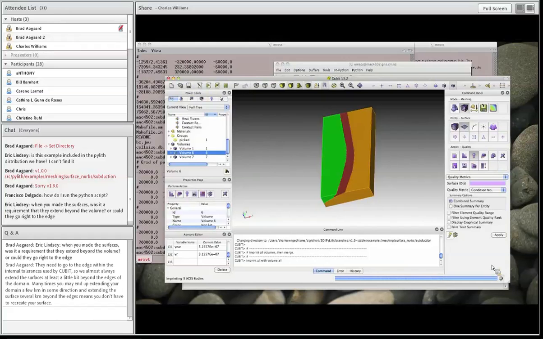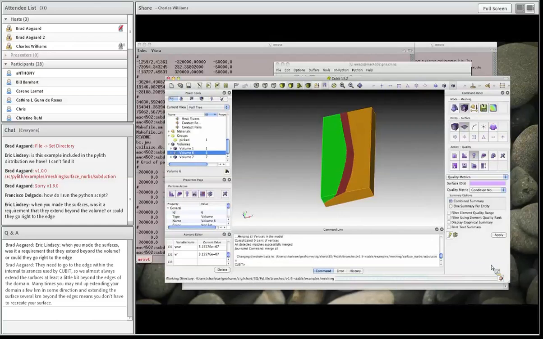Okay, so the imprint looks like it's just about finished. Now we're merging. Okay, so it finished and it merged together 3 sets of surfaces, which are going to be this surface, and then this surface down here. So now that we've done that,